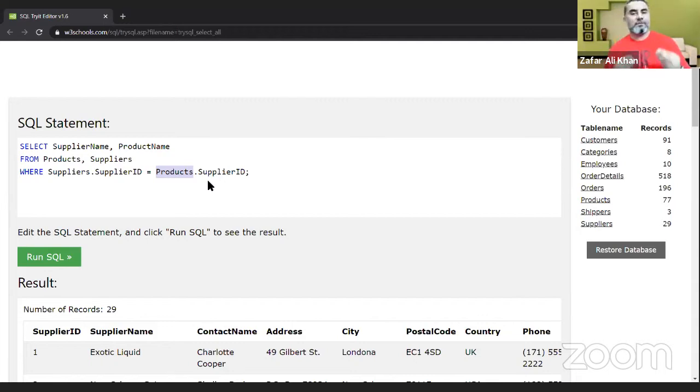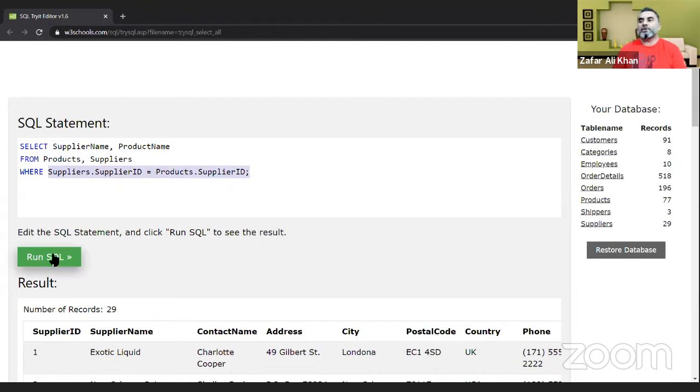having the primary and foreign key, and then we have to tell SQL which two keys are combined. I mean, they are in a relationship, primary key and foreign key, and how they are related to each other. Wherever they are related, it means there is a connection between the two tables, and then we pick up the data. So select supplier ID from suppliers table and product name from products table, where suppliers.supplier ID is